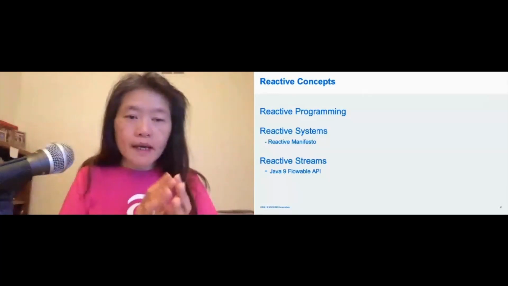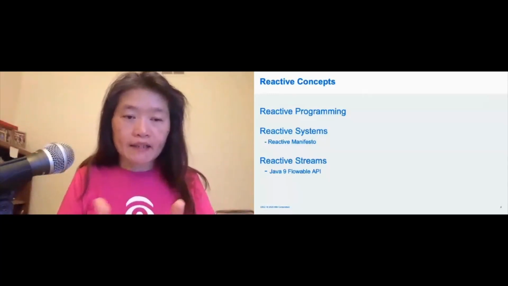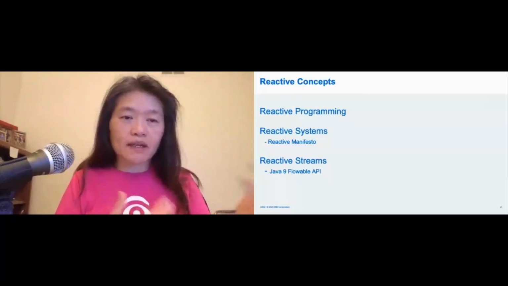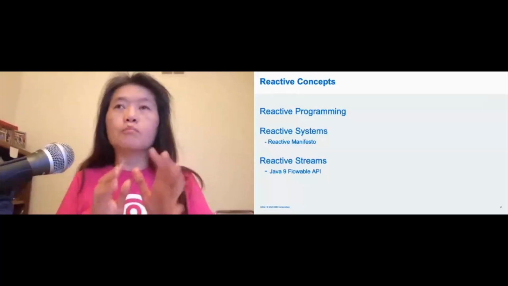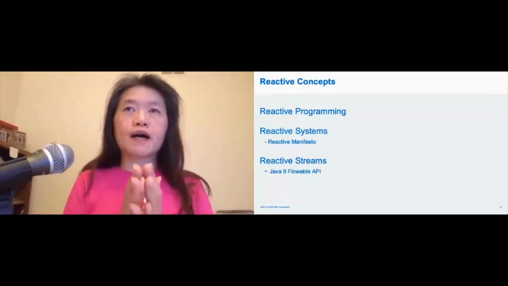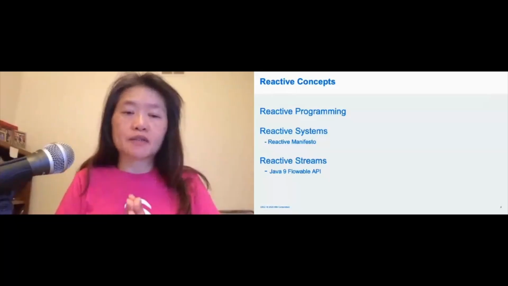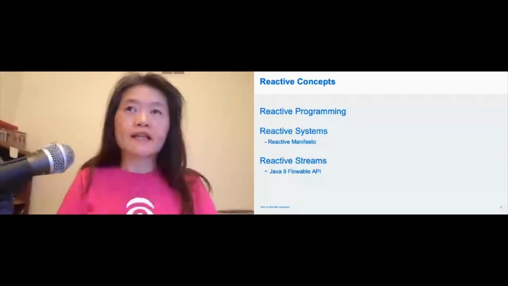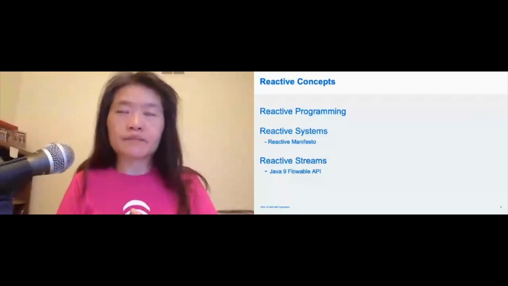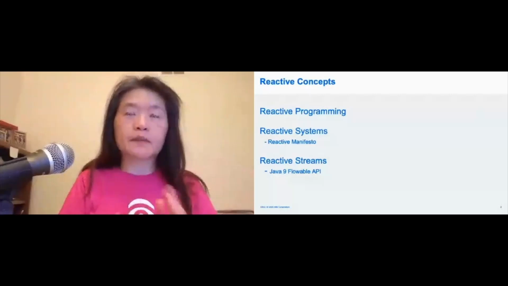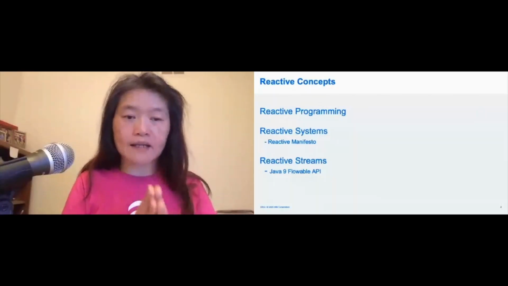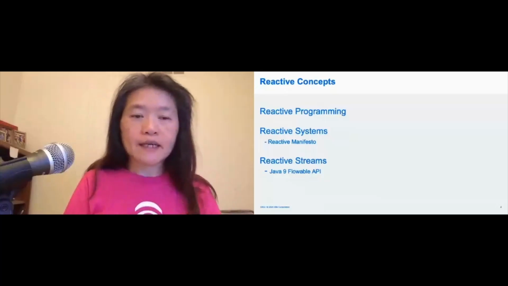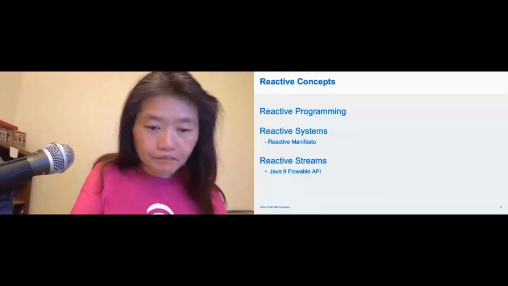And then the other thing is reactive streams, which is why I named the talk more about streams, because reactive streams is really a specification that comes out of this whole movement. It attempts to define a standard to manage asynchronous data streams and also manage back pressure. That's what reactive streams aims for. There's a specification for that, and it is essentially based out of Java 9, the Flow API. I'll go into a bit more detail.